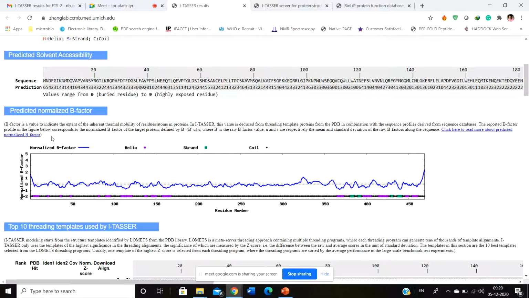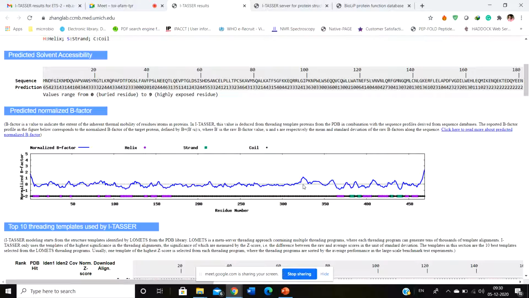It actually measures the B factor of each and every residue. Now all the residues which are below this 0, or who have a negative value, are pretty conserved residues, and the predicted structure of these residues is almost correct. And any residue which is above this 0, above this dotted baseline, the predicted structure is not highly accurate.